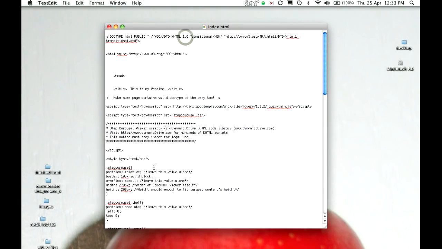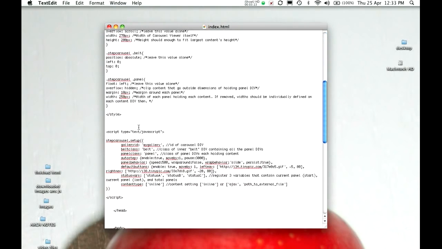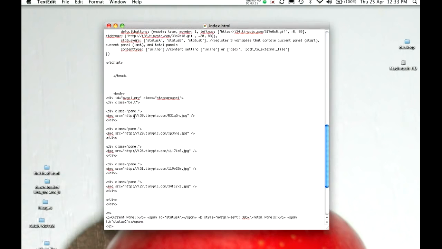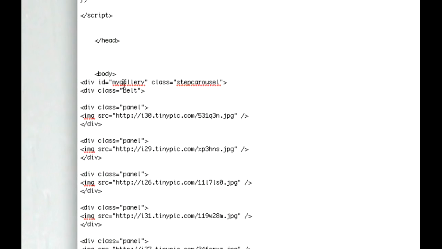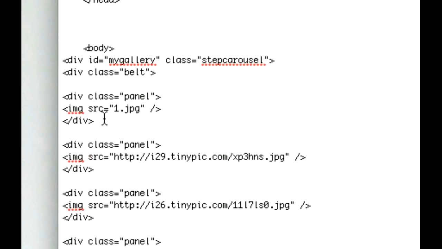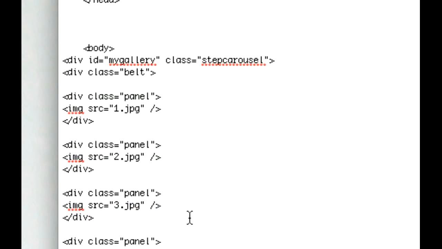So in my index page, I'm going to scroll down until I come across my divs. And you'll see in here it's got URLs for your divs. Well, mine are easier than that. They're just 1.jpg. See the way I'm changing the image source tag? Next one, surprise, surprise, 2.jpg. That's what I call my images. 3.jpg,